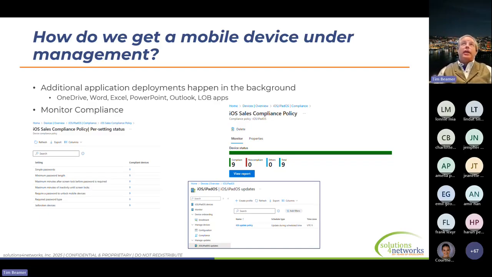Obviously, if the device is not connected to a network, let's say you're on an airplane and you're in airplane mode, then when you light the device back up, one of the first things that will happen is the Intune client, that corporate app, will go through and check back in. And when it checks back in, if there's a wipe request, it happens immediately. And if it's something around, I've got to push an application out, same thing. It's checking to see if there's changes to the policy, and if there are, then those are applied as soon as they see them. But generally, if you're pushing something out to a device and it's connected to the network,